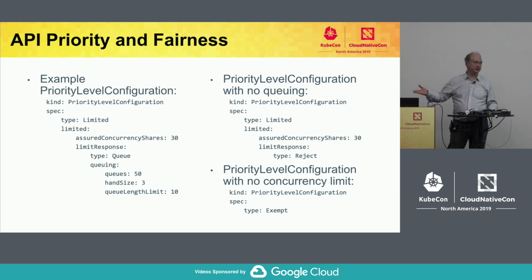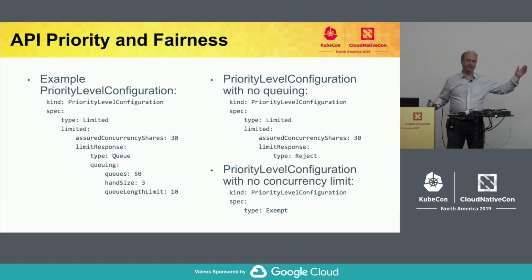And the shares is just their proportion. So that kind of logic, the shares together with the overall limit determines the absolute number limit for this priority level. And that's all there is if there's no queuing. If a request comes in for a priority level that's already at its max, the request will get dropped, or rejected, to be more precise.